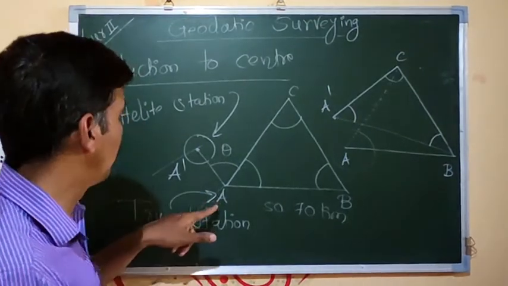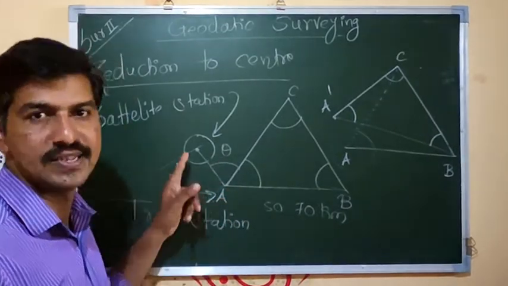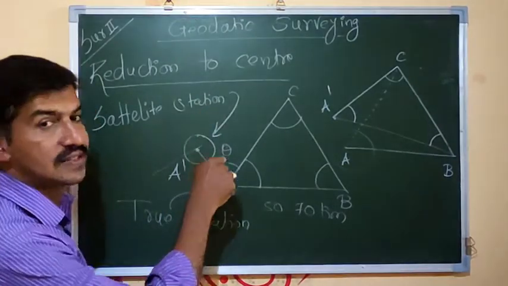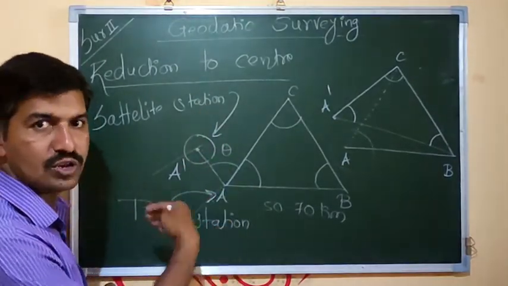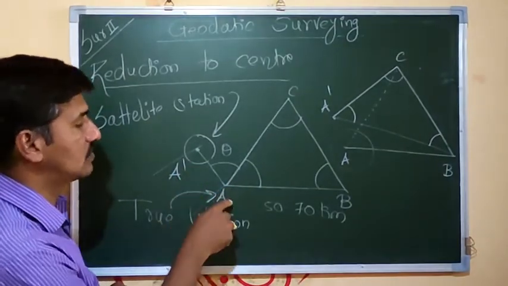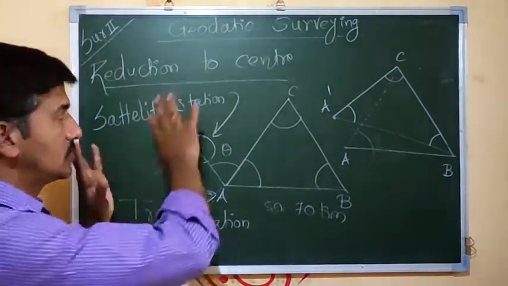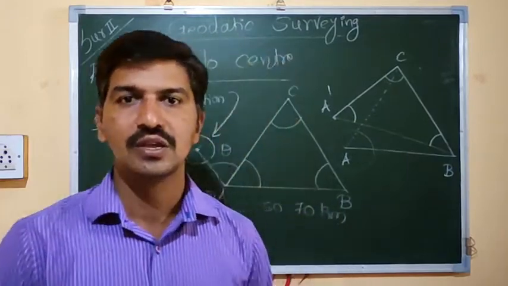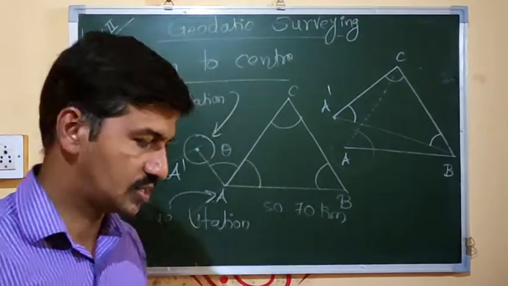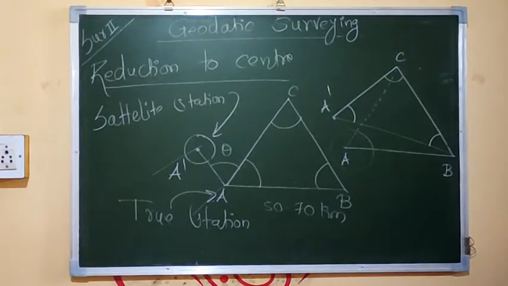We have to refer the satellite station and true station with an angle as well as the distance, so that in future, if the satellite station is like a temple that will be there for a number of years, we have to refer the true station with reference to some distance, with reference to some angles. Okay, so this is the whole procedure, which is called reduction to the center. Okay, so the next topic is how to measure the baseline.